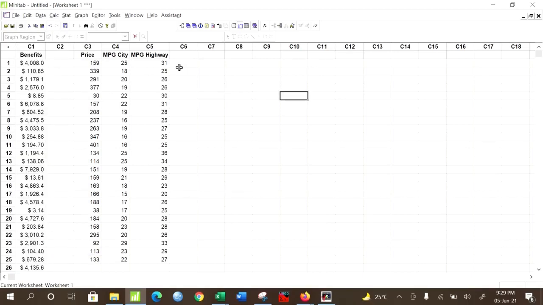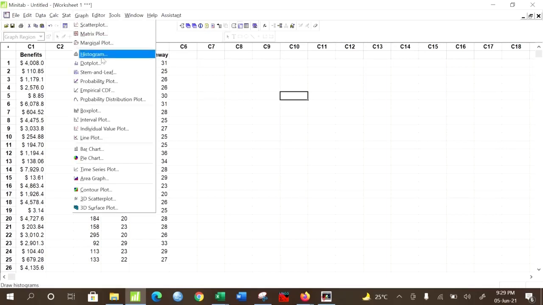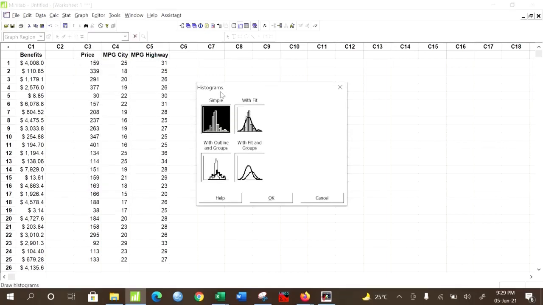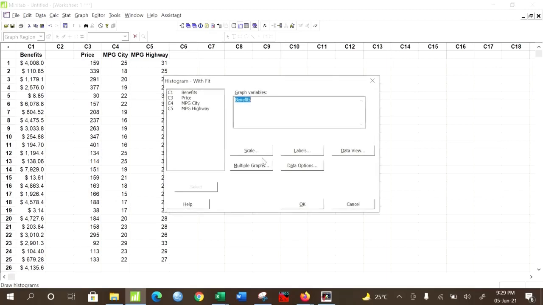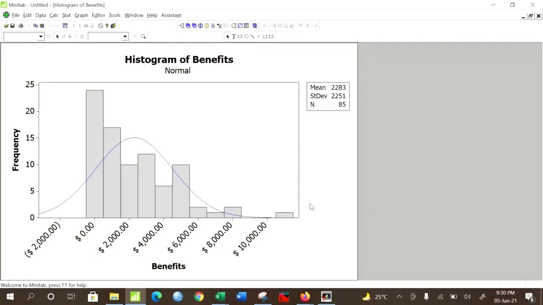To generate a histogram, just go to Graph and Histogram, then select this particular option with fit. Click OK, and here initially this will be blank. Just double click on benefits, it will be added here. Then click on OK. The histogram will be readily generated.